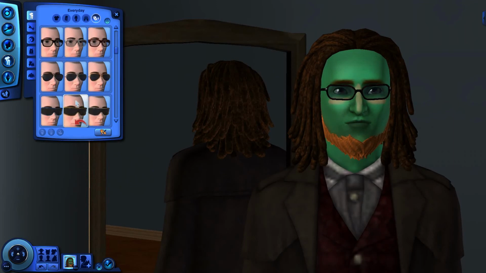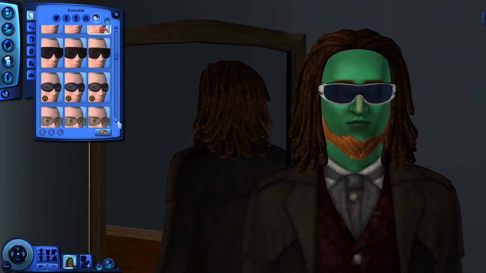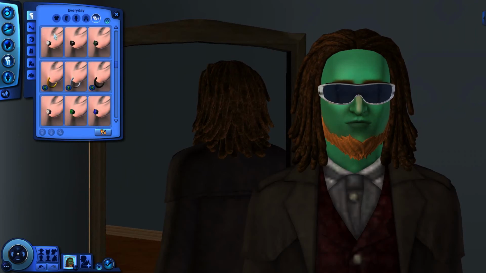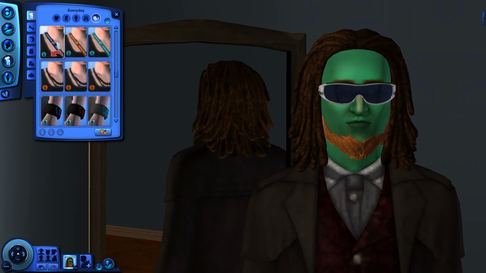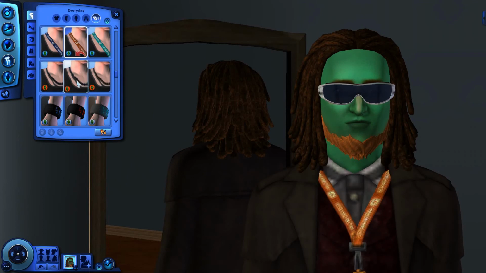And there's some sunglasses and shades. As you scroll down further, you'll see that there's earrings also. Then down further, you've got little necklaces,